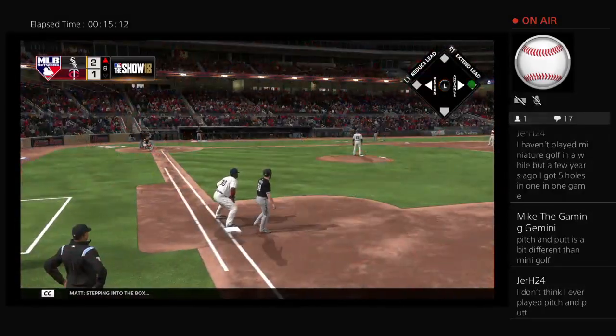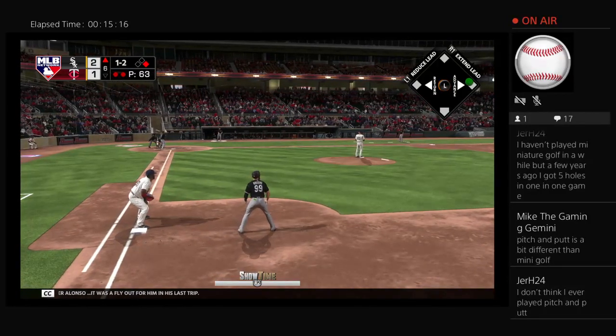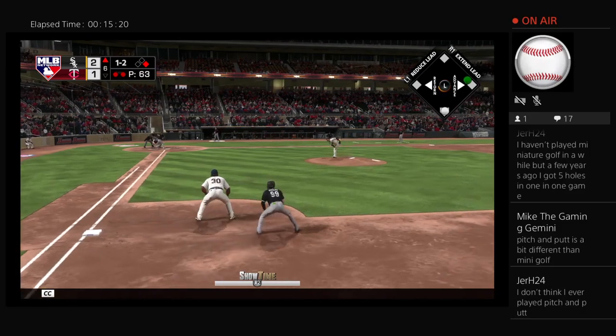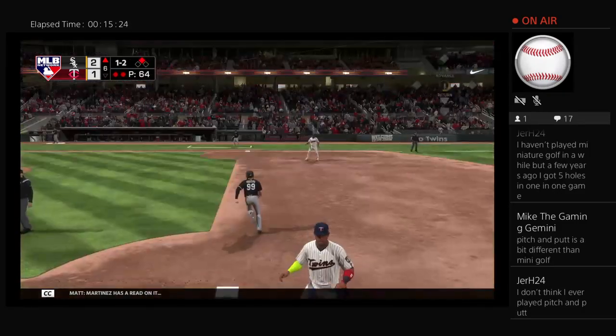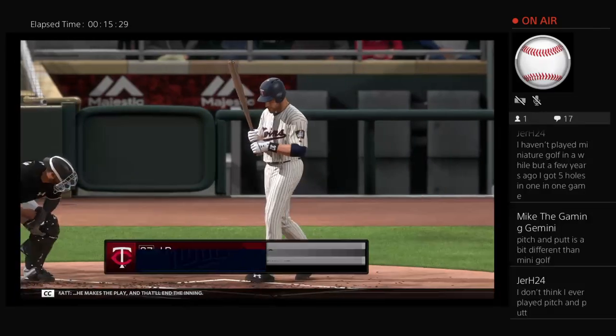Stepping into the box, Yonder Alonso. It was a flyout for him in his last trip. Alonso. Pulls this one into the air out into right field. Martinez has a read on it. He makes the play, and that'll...